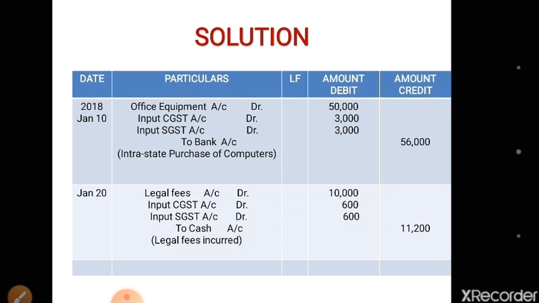Next is legal fee account debit, input CGST account debit. Legal fee is being paid, so input